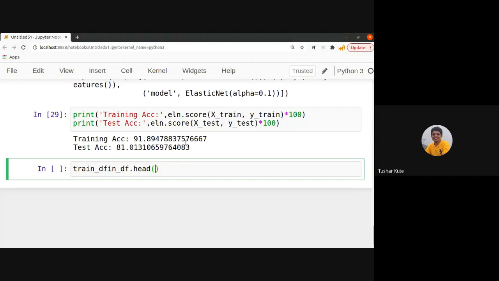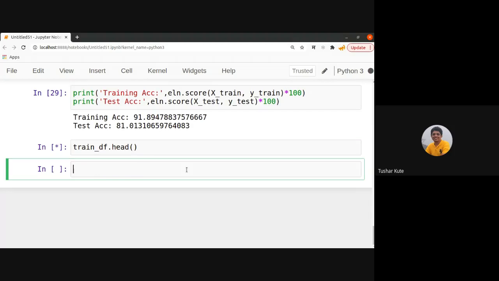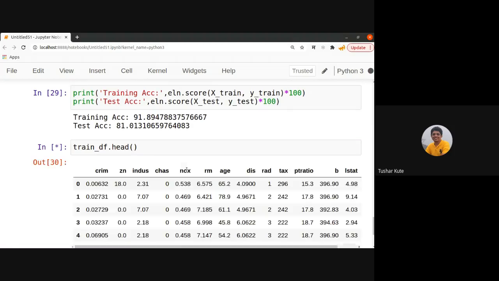There's a column called RM, these rooms. Yeah, this one, RM, number of rooms.